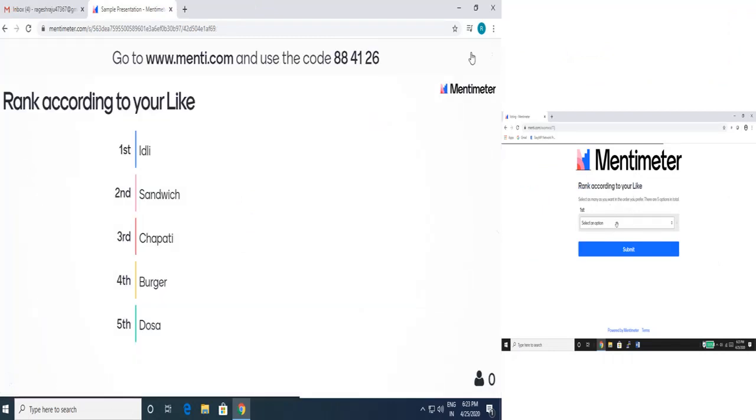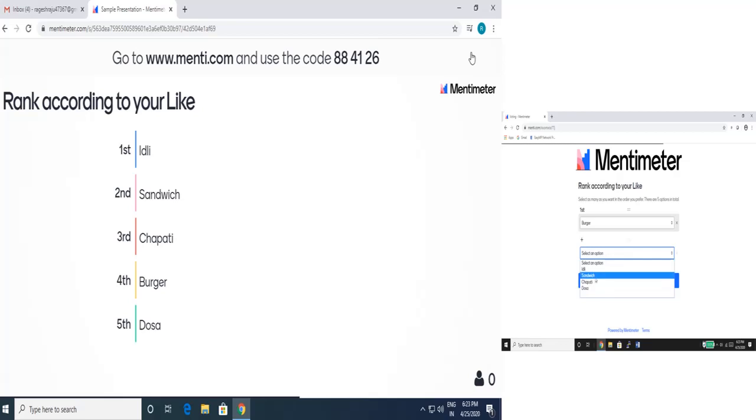This is what comes for the viewer. Here you can select which is his first option. He might like a burger, so he selects it first. Next it asks for the second option. When you go for the second, the burger has already been removed from the options.